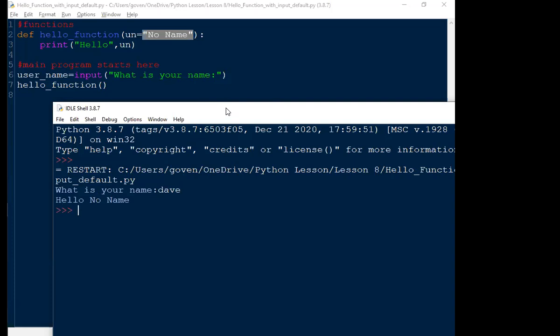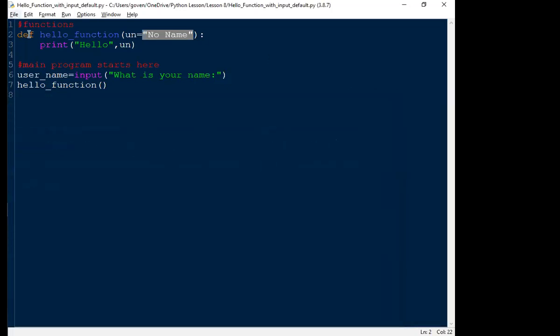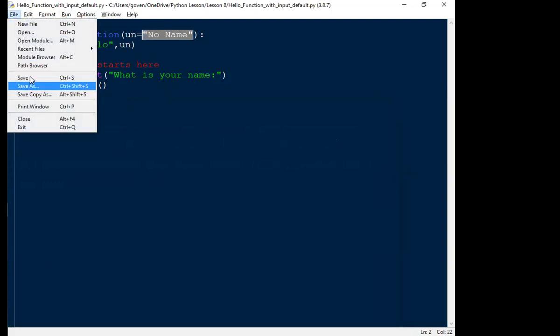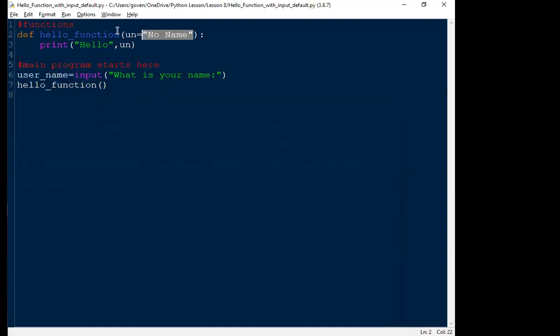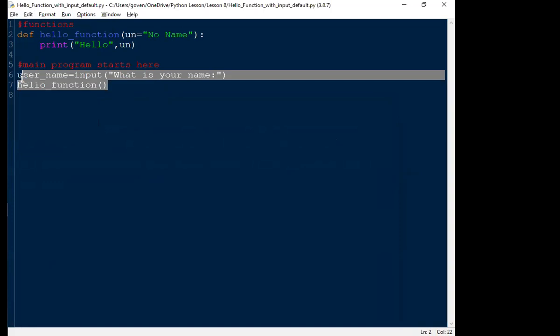So can you see that? I hope so. Now, what I'm talking about is all this information. You can run these programs using a different program. All you have to remember is the name of the file on the top. And this name of the file is hello function with default input default. So what does this mean for me? I can take away this for the time being,